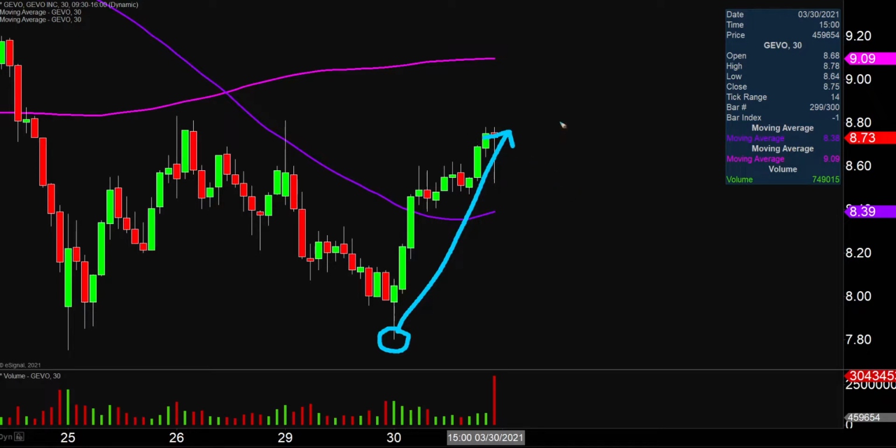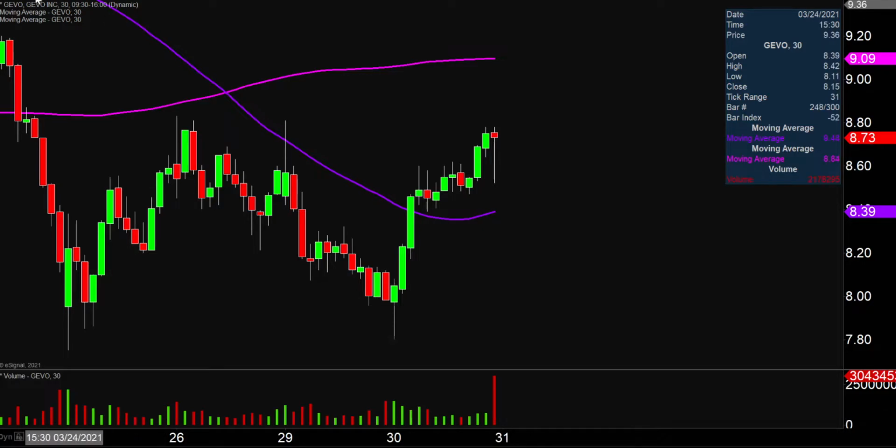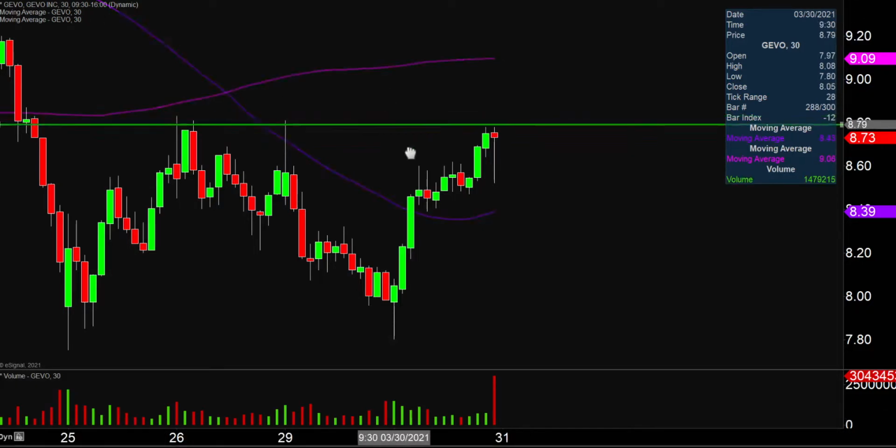But that does lead to the valid question of, is there any sort of true power behind this price movement? Is there any sort of genuine strength? Or is this just some sort of knee-jerk reaction, dead cat bounce type move? I have no idea, but by using charts, we can make answering that question very straightforward. And in my mind, it all revolves around a single area, and that area is down here at